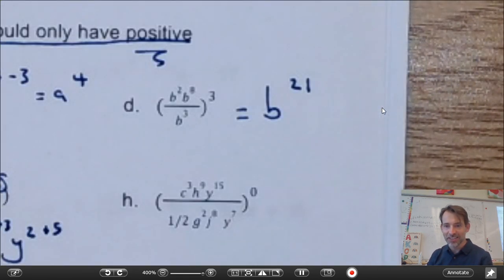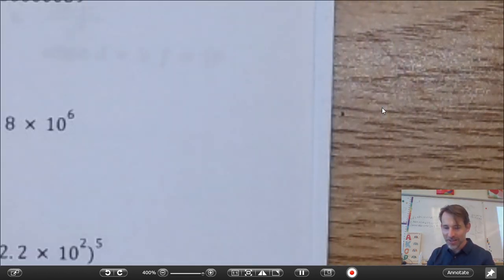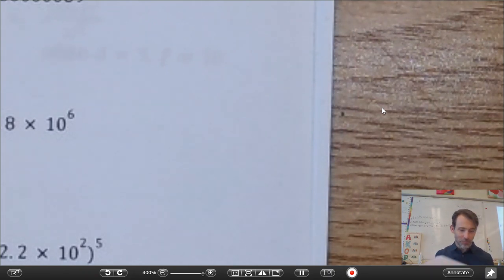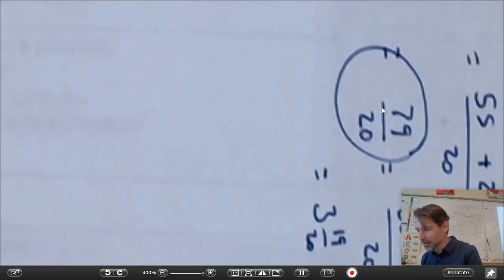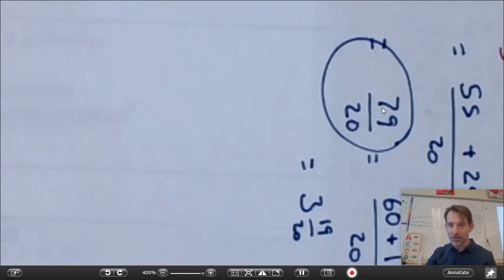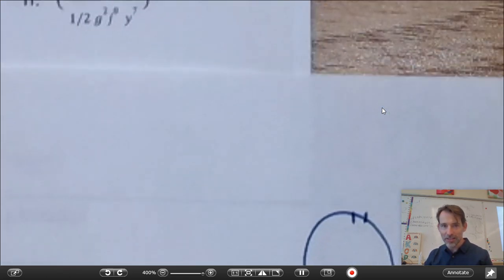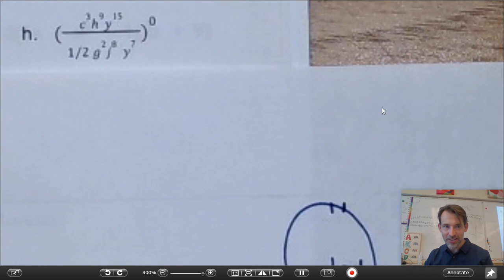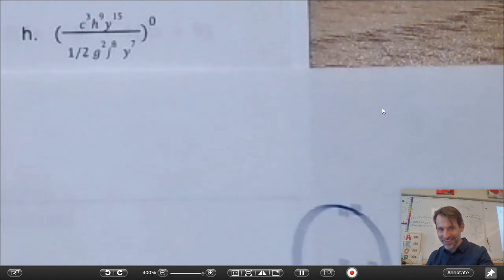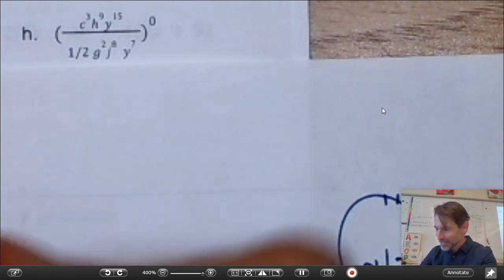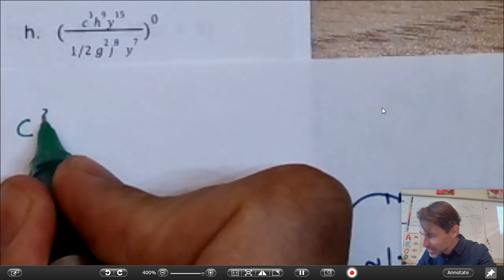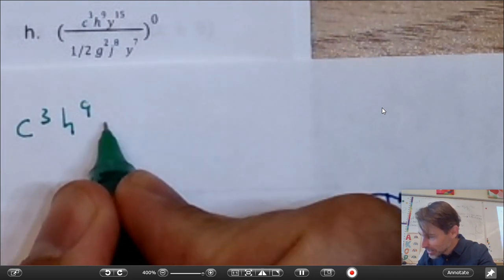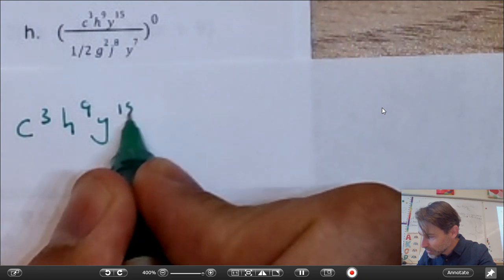And now the biggest, nastiest looking one. Let me find a little base of blank paper over here. Copy this out for you. Oh, I lost it. There it is. Now you can see it. Okay, let's go. So this is c to the 3, h to the 9, y to the 15, blah, blah,